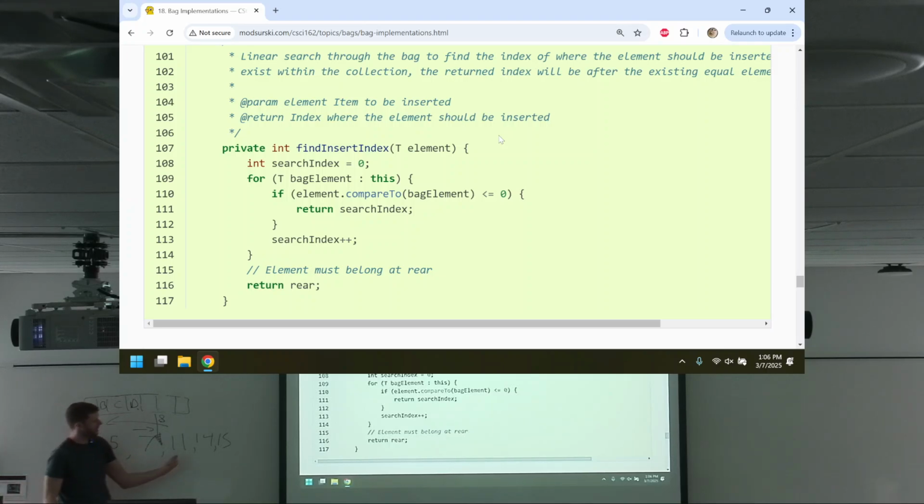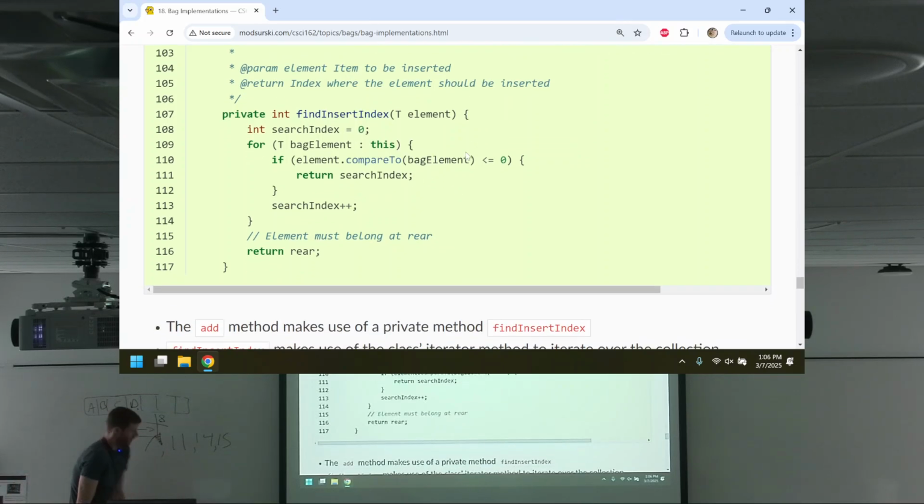As soon as I say, hey, does 8 come before 11? Yes, it could come anywhere before 11. But I did just conclude that it must come after the previous element. So because it comes after 7, but before 11, it comes between the two. Remember that. So that's what's going on.